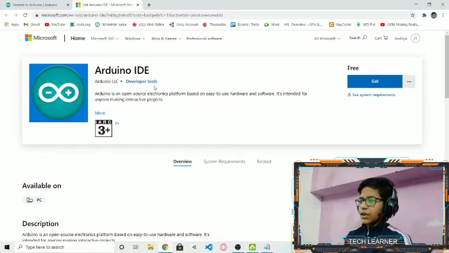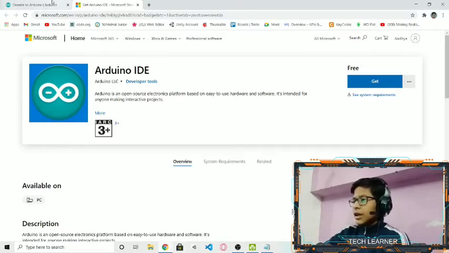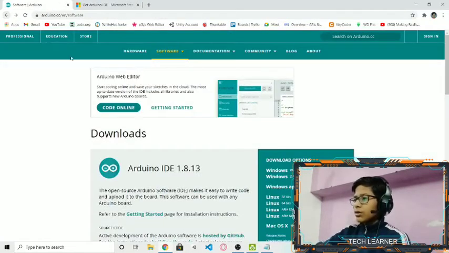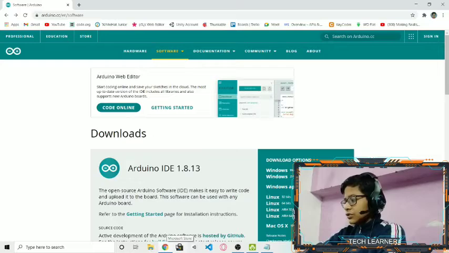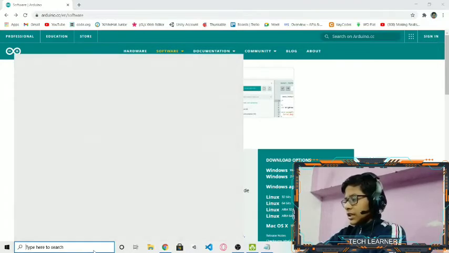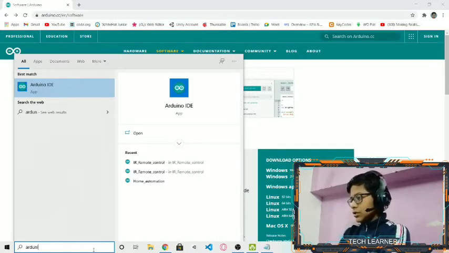You can go directly to the Microsoft Store and type in Arduino IDE, and those who are on Mac and Linux can download from the website. As I'm on Windows, I have downloaded the IDE from the Microsoft Store, and now I will just open it.